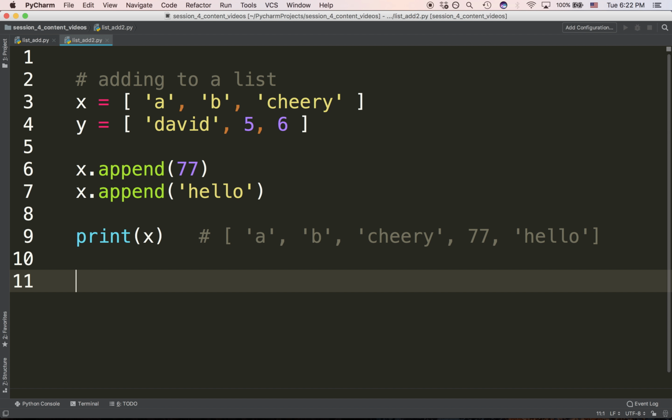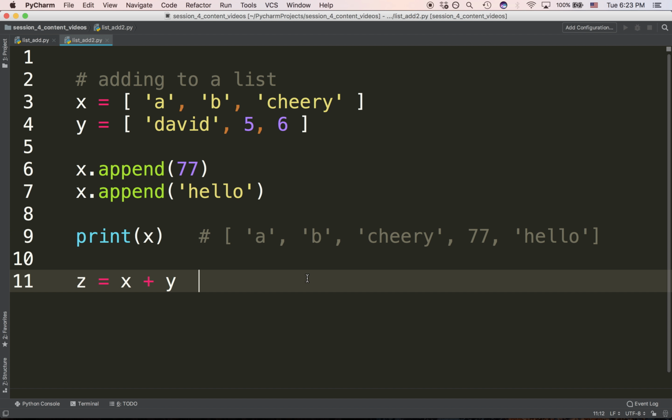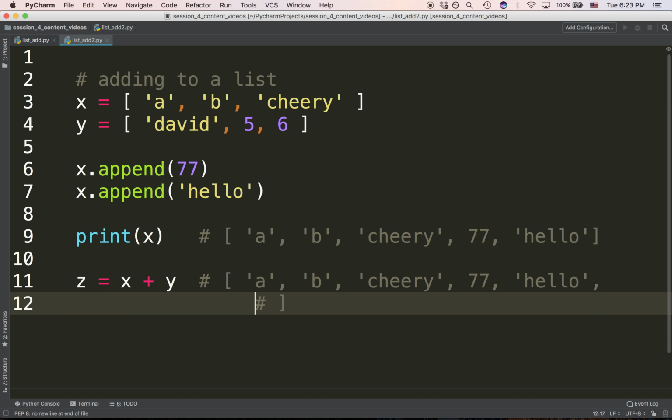Another thing we can do when we're working with lists is also very similar to strings. What would happen if we were to add one list to another? Well, what would you imagine would happen if we had a list like X and we also wanted to add on a list like Y? What do you suppose we would see in Z? Well, what we'll see is the two lists concatenated together. So as you can see, it's also very much like a